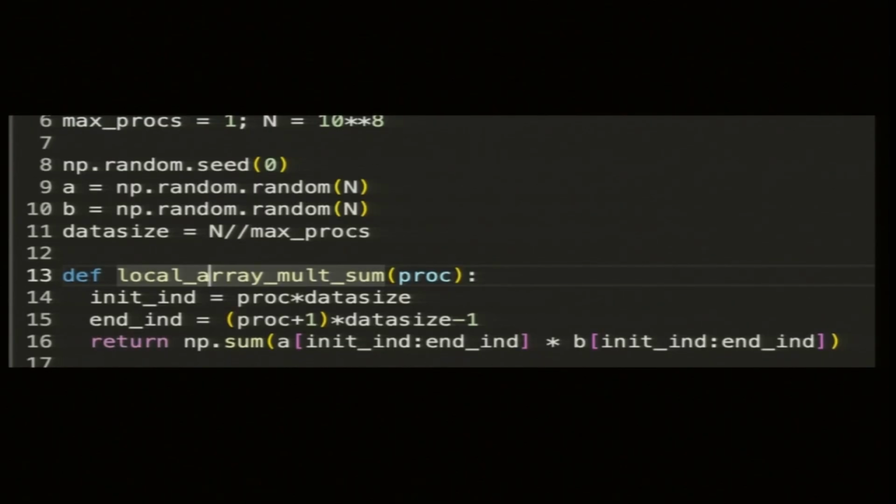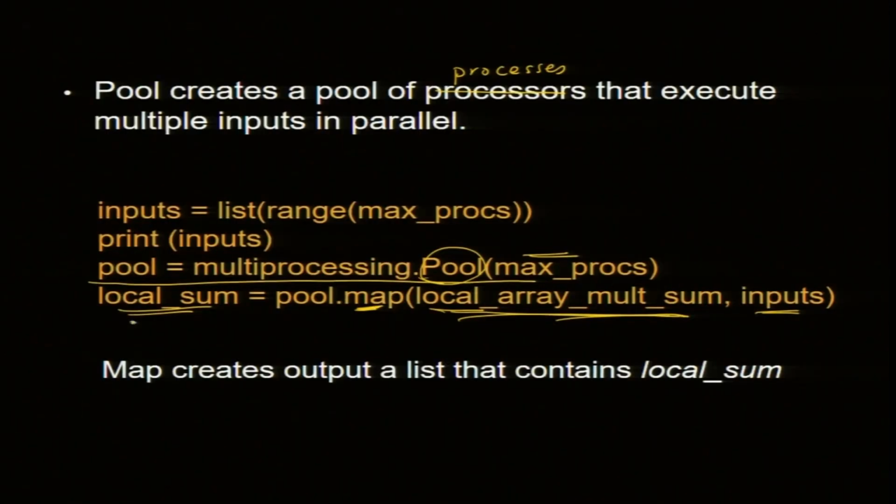The max procs, well, you can choose one as well. So, it should work for one, or you can choose 2. This part is exactly the same as before, but I am returning now. For this part you need to return. Now, these are some changes in syntax. In the previous slide this guy wanted an output to be able to pull together and put the result in a table. Okay, map requires a result.